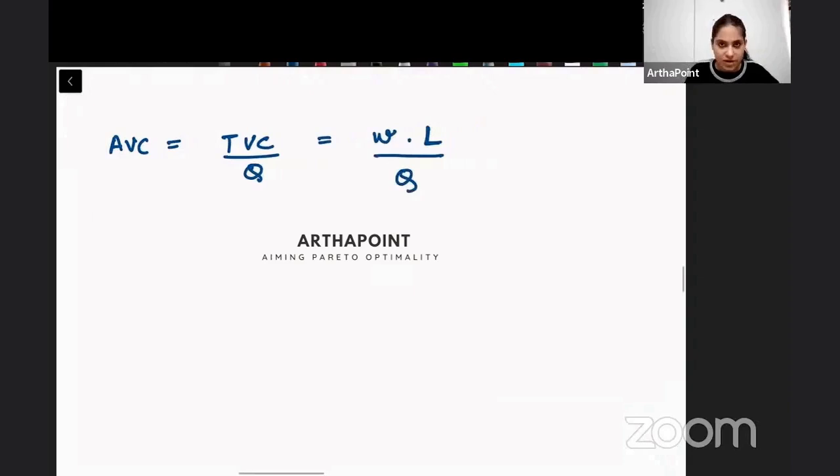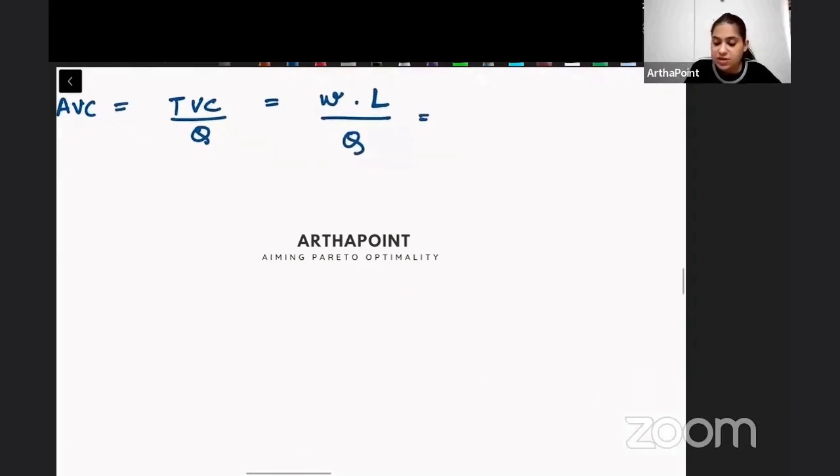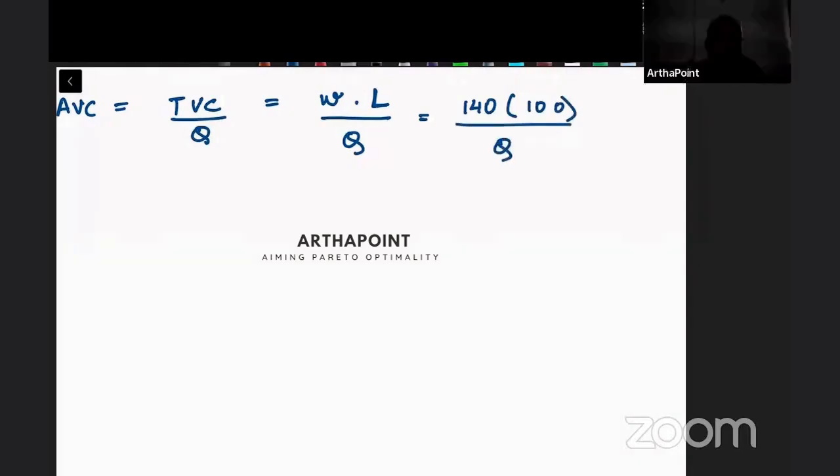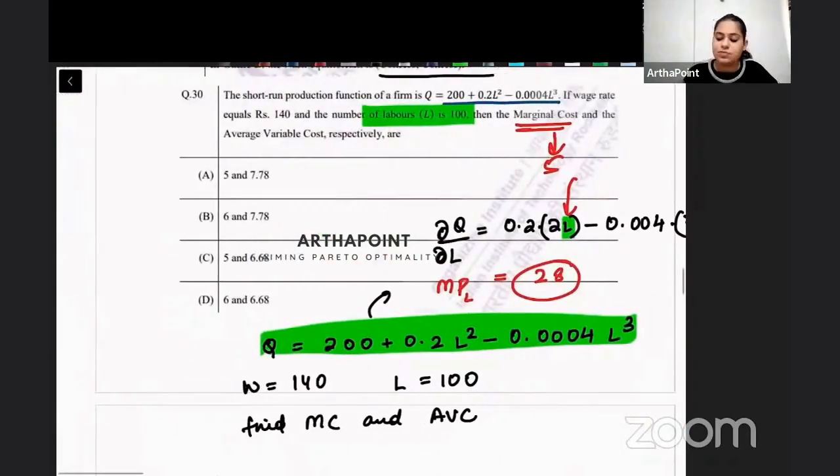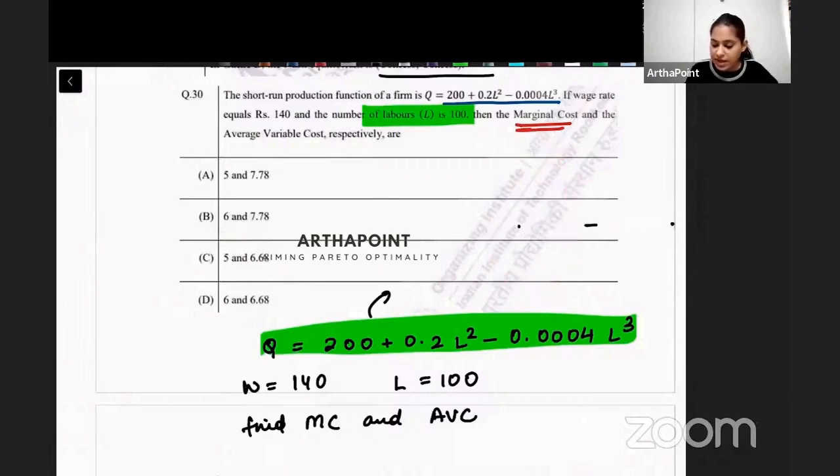So each unit of labor, the wage rate that I am giving, is given to me as 140. The number of labor given to me is 100, divided by Q. Now this Q is given to you. What is this Q exactly given to you as? This function is given, right? In this Q I can put L and get the value of quantity. So the Q is given to me as